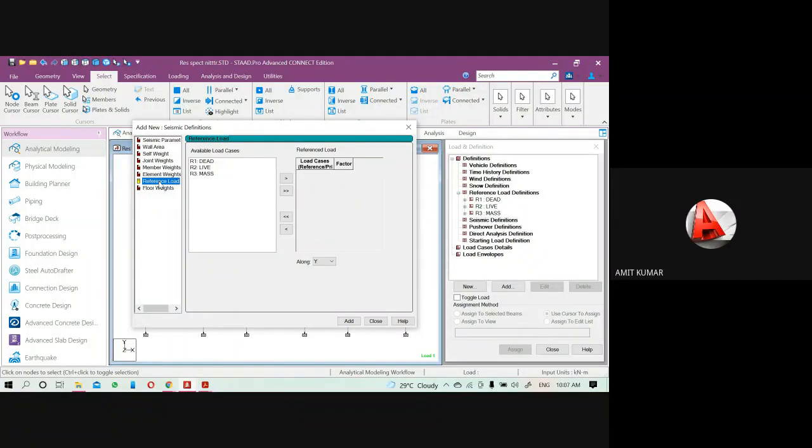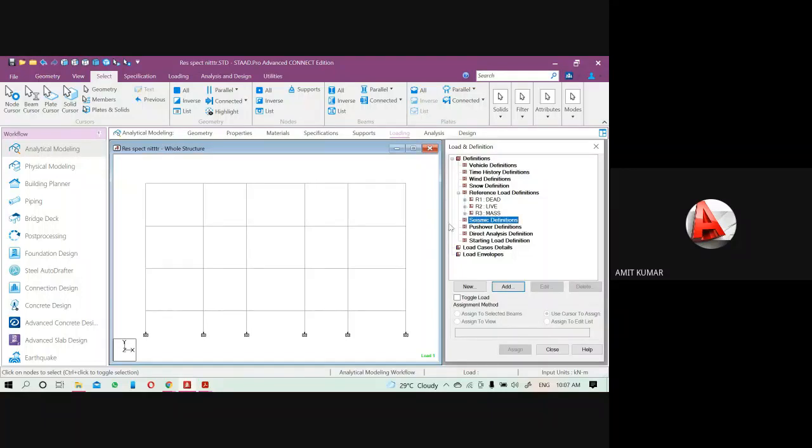But if I use the reference load, you will see that here we have the mass load. Just select the mass load, click on this arrow and click on add. So the floor definition under the seismic is added.